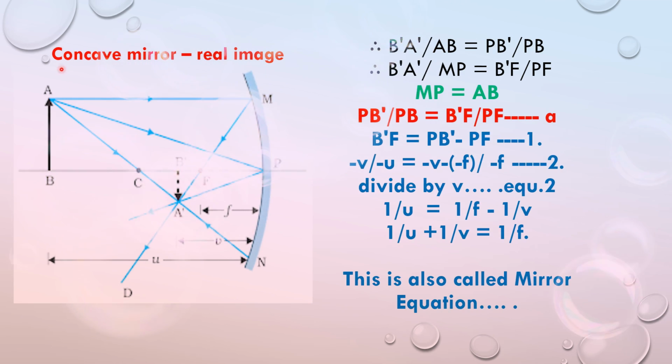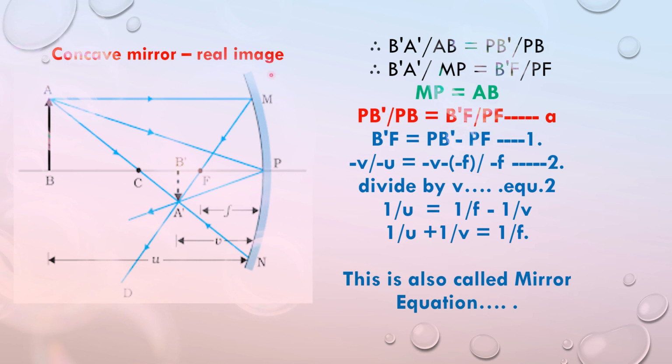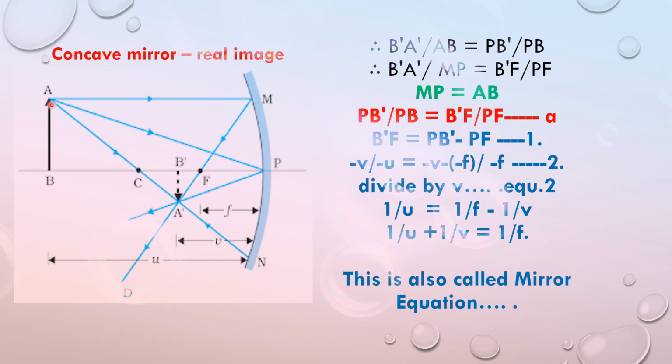So now we are going to see about concave mirror real images. Here we are taking an object AB on the principal axis of a concave mirror beyond C, and the incident and the reflected rays are shown very well here, and here the ray from A, AM, is parallel to the principal axis on the concave mirror. Here we know very well M is close to P. So after reflection the ray passes through the focus F, and another ray we are considering, that is AC, through the center of curvature.